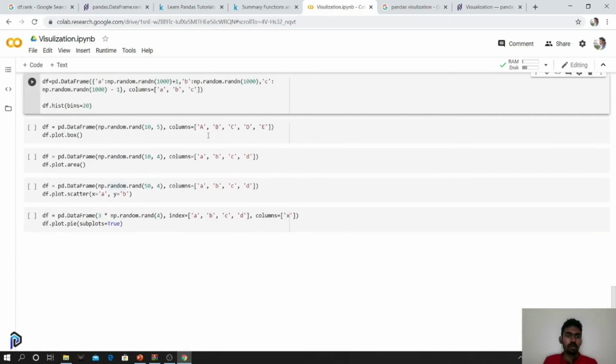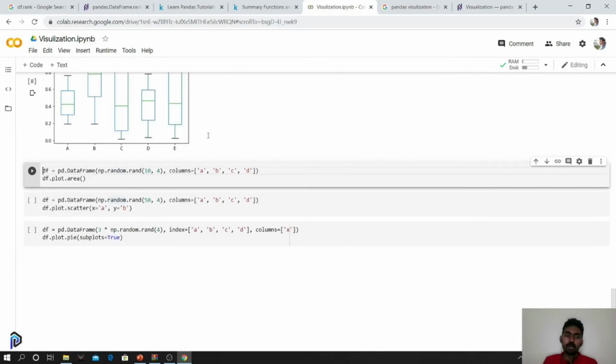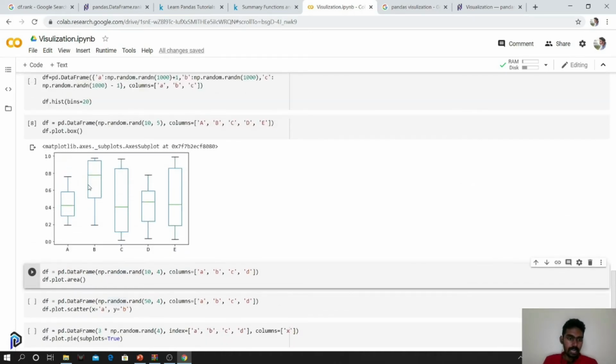You can also have a box plot. You might not have used the box plot extensively. What it actually does is create a box. When you first look at it, you might not have a very clear understanding. But what it means is that this is the mean value, this is the 25% quartile, and this is the 75% quartile. Above this, if there is any point, it becomes an outlier.